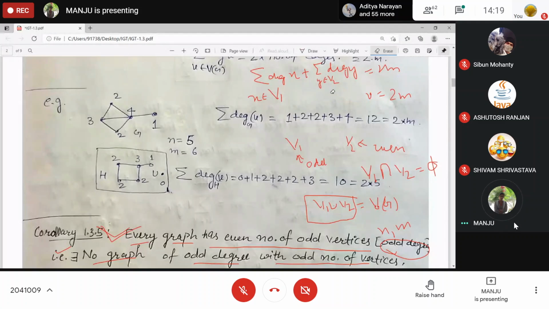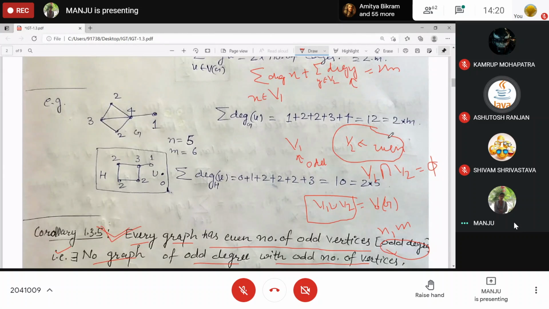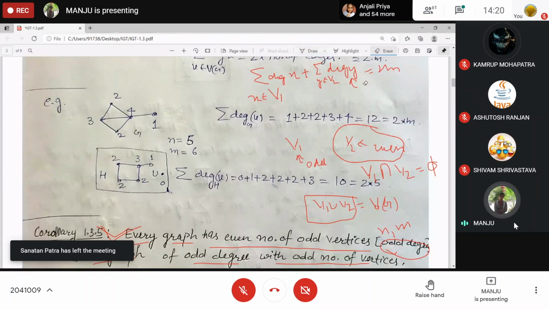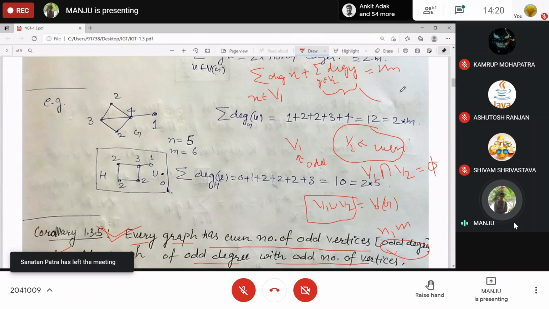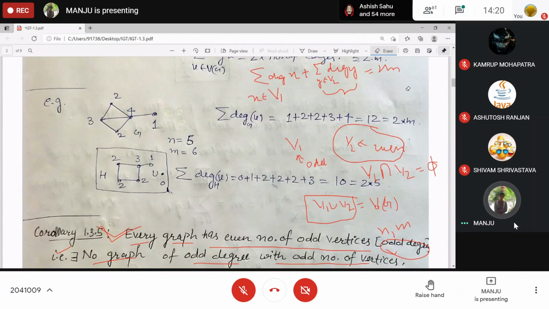Understood? Yes, ma'am. Now from V2, what is the degree, even or odd? Even. The summation of even numbers gives even. So the second summation is even. If I move it over, 2m, which is even, minus even gives an even number, right?